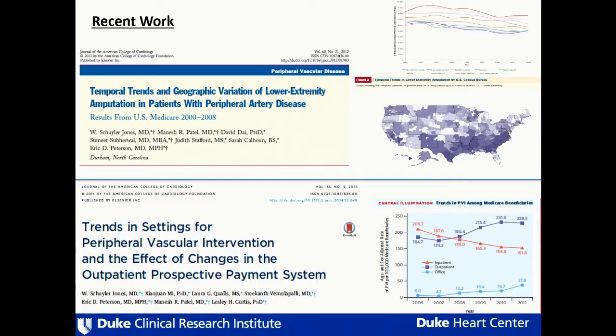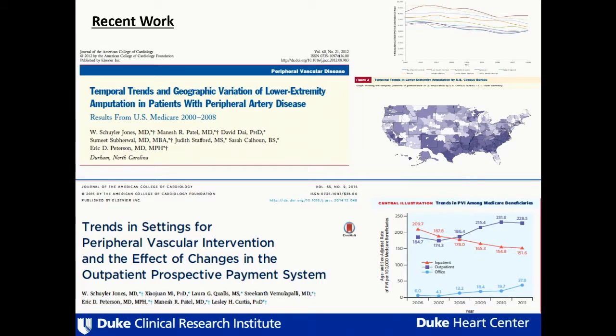I think a lot of our work has shown that amputation has gone down over time. It's continued to go down nationally, and most of that is due to recognition. That's a critical piece. When you look at the heat map and where we live in the stroke, MI, and amputation belt of the South, those rates look to be about the same. So we need to figure out what the factors are that contribute to much, much higher rates. Is it just a higher prevalence of diabetes and obesity, or is it something else that is related to amputation?